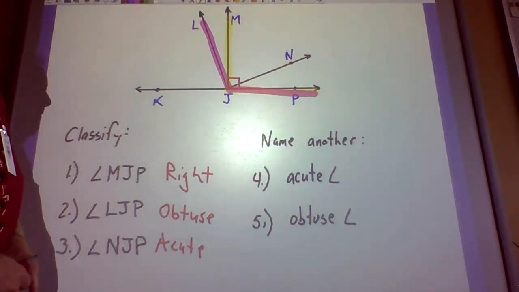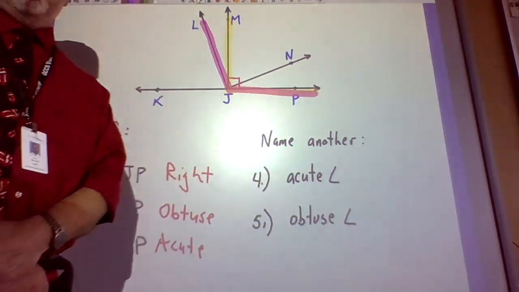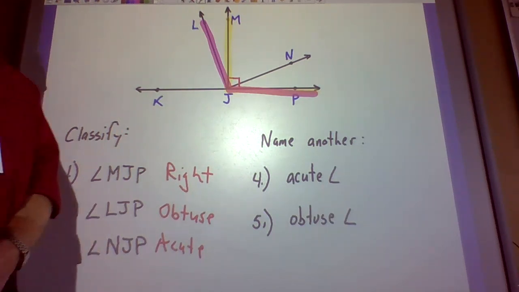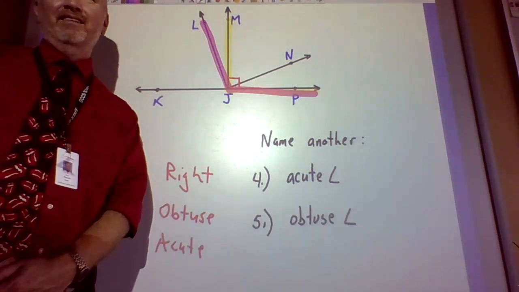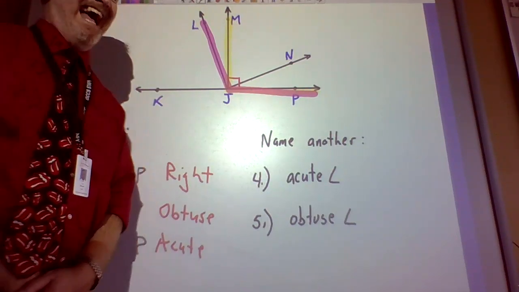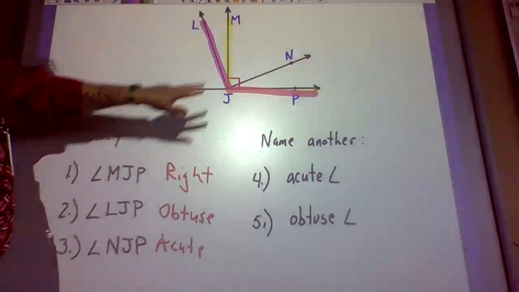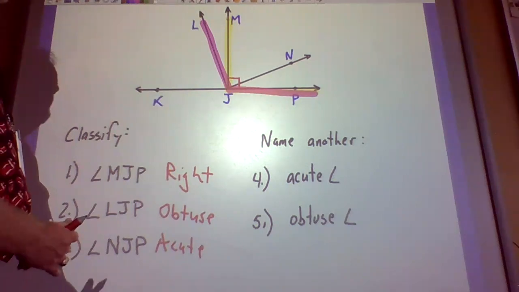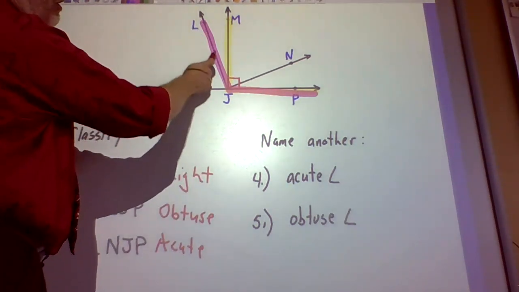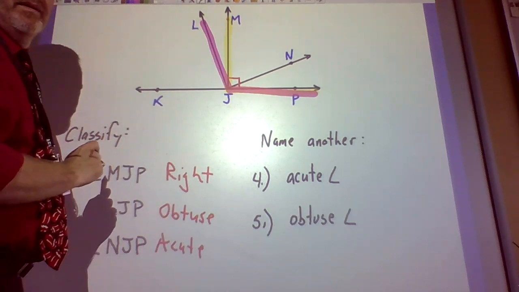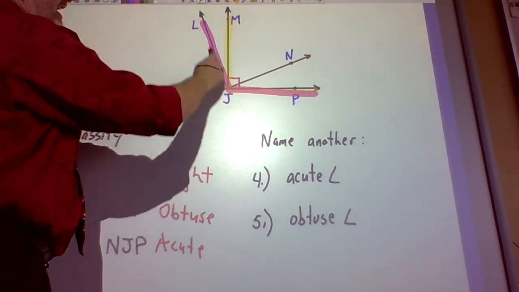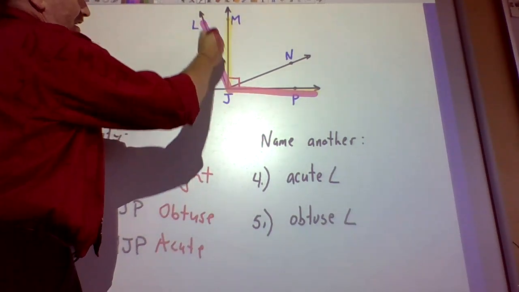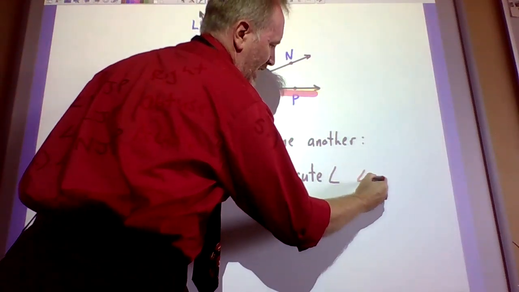All right. Now, somebody else from the studio audience, name another acute angle. Don't use NJP. Try to find another one. Or, as that one guy says, another one. Okay. So we use this little skinny one. I see another little skinny one right here. That's a kind of a skinny one. So I'm going to pick him. You could call him LJM or MJL, and he's not the only one. There's others, but that's one. I'll write that one down. But I said LJM, so another acute angle would be angle